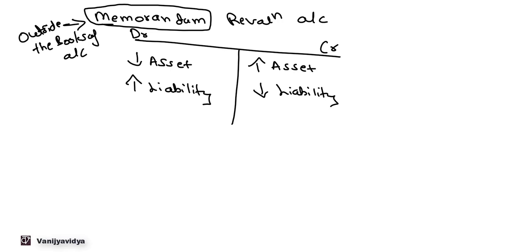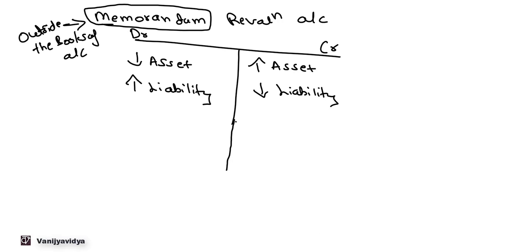The entries for revaluation will be the same, but whenever we prepared a revaluation account or profit and loss adjustment account, the second effect was either debited or credited to an asset account or a liability account. Now here we won't credit or debit the asset account or liability account. Only for the purpose of calculating profit and loss on the revaluation, we will be posting these entries in the memorandum revaluation account. That is, we will be doing this entry outside the books of accounts, and the asset and liability will not be credited or debited.